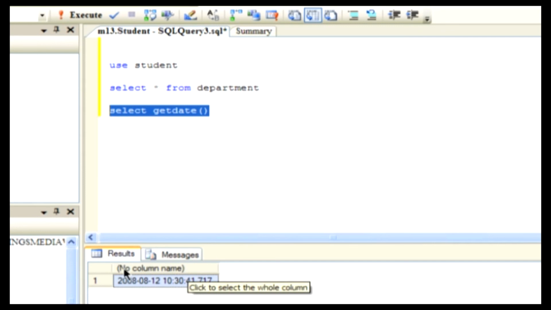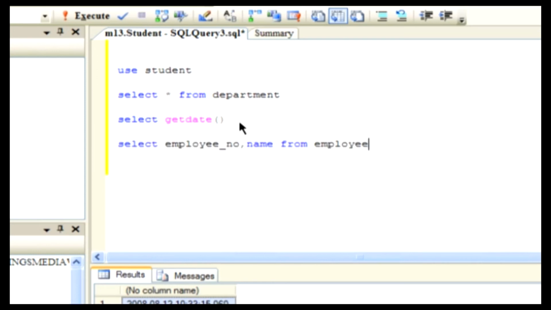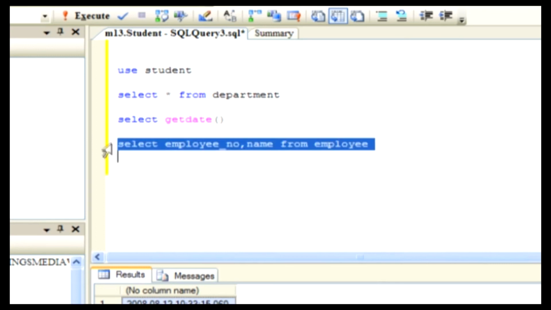Now we will see how to select specific columns from a table. We can select one or more columns from a table. Have a look at this statement. Here we have given two column names in the select statement. As a result of this query, this statement displays the result as all values from these two columns. Until now, we have been discussing